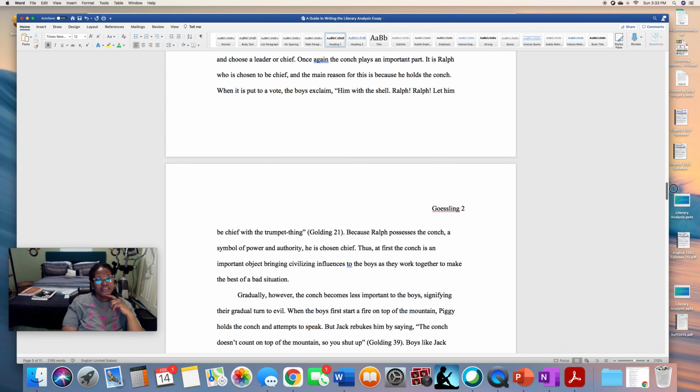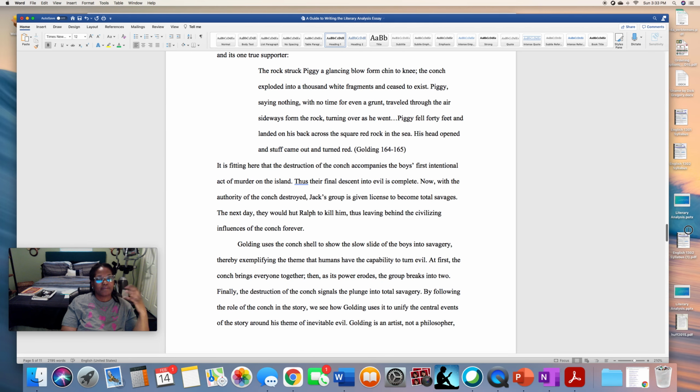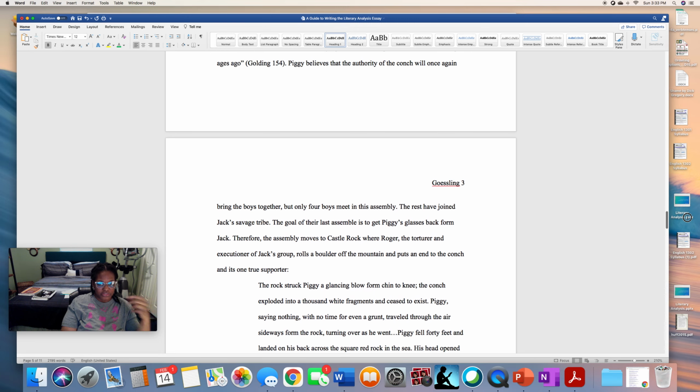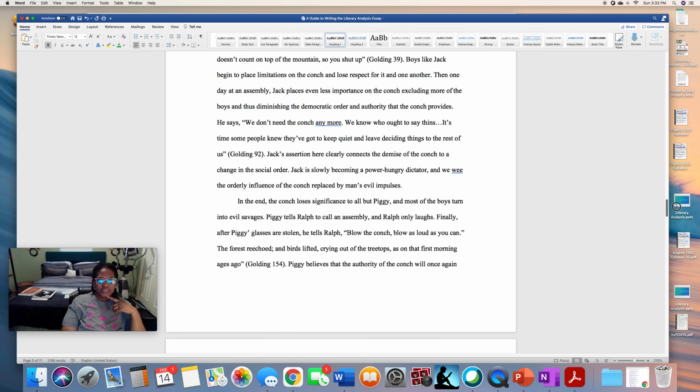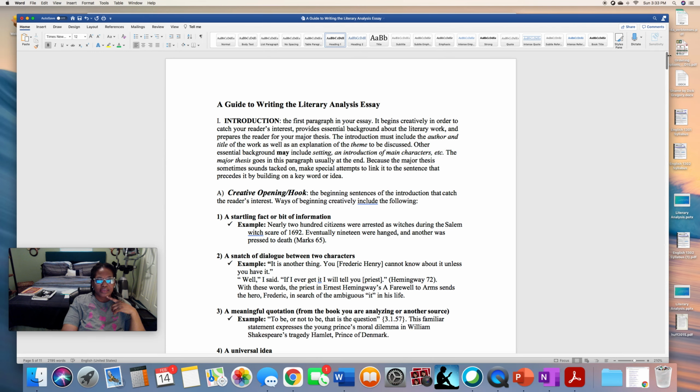Look over this essay and look at each of the body paragraphs and look at the topic sentence and then look at the evidence. Look at how they're tying up the evidence, how they're introducing it. This is just another sample for you to look at before you actually turn your essay in. And this is a sample for you to use if you're having some trouble. You can rewind this video as much as possible and go over these things over and over until you begin to understand how to incorporate these things into your own writing.